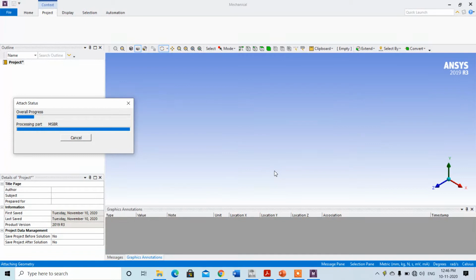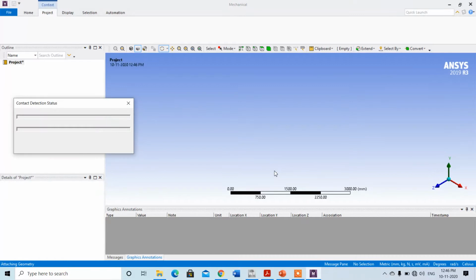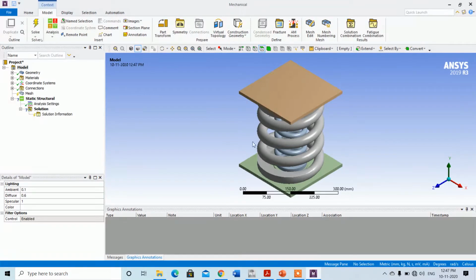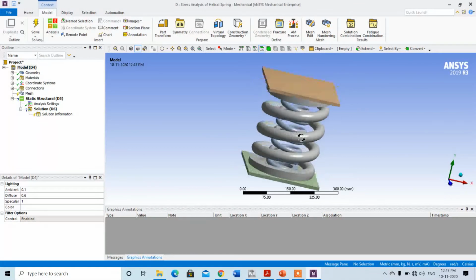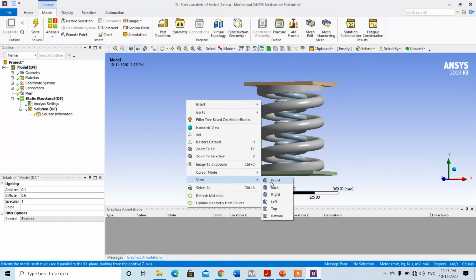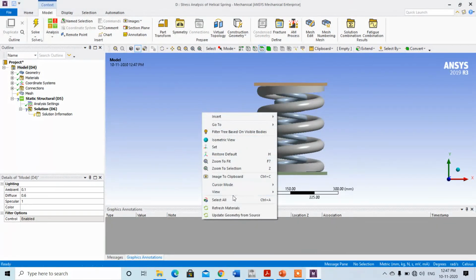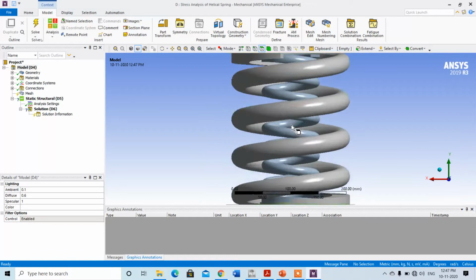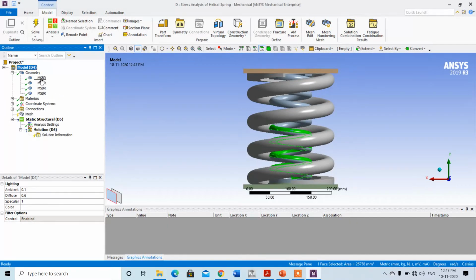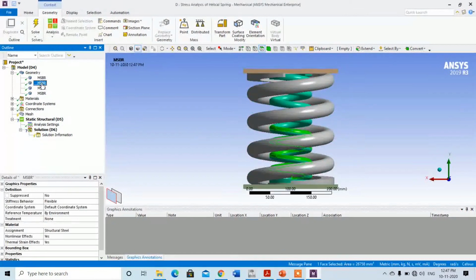As per the study of design of machine elements, the stresses are mostly induced at the inner diameter of the helical spring. So, there is a need to find out in the finite element analysis where those stresses are induced. You can check, this is the concentric helical spring. If we check again in the front view, or you can say the back view, this is the inner suspension spring. Here there are a total of 4 models. This is the outer spring, this is the plate, inner spring, just a minute.